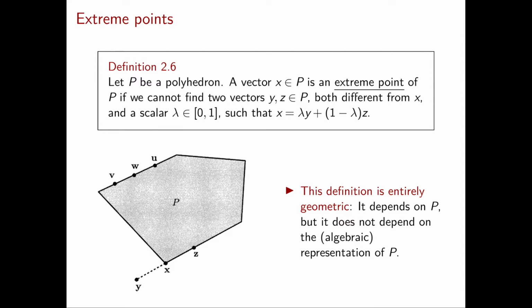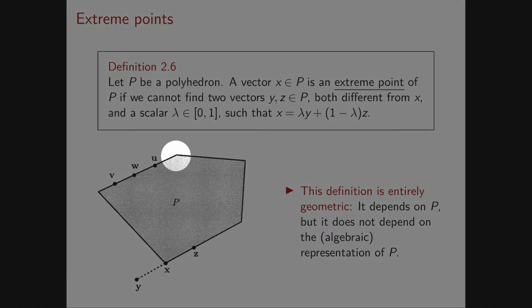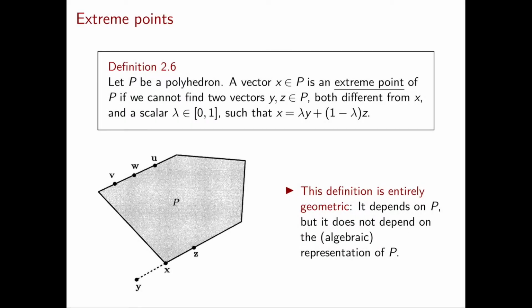And this discussion immediately brings us to an interesting question. Is it really possible that 2 different systems of linear inequalities give rise to the same exact polyhedron? And the answer is of course yes. For example, think about this polyhedron P over here. Now this polyhedron could be defined by 5 linear inequalities. The one corresponding to this line, the one corresponding to this line, to this line, this line, and this line. These are 5 linear inequalities.